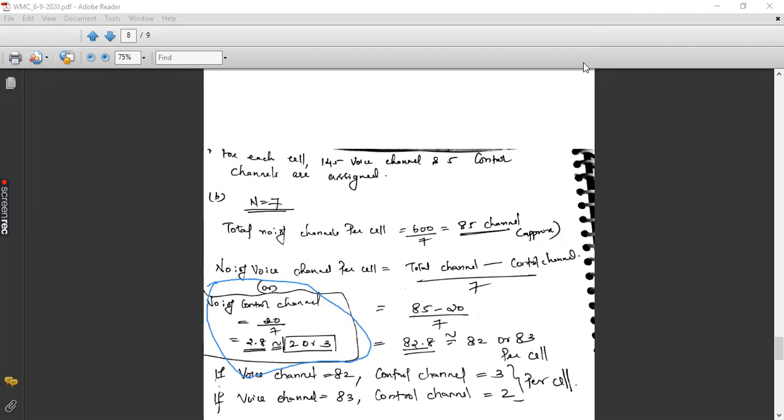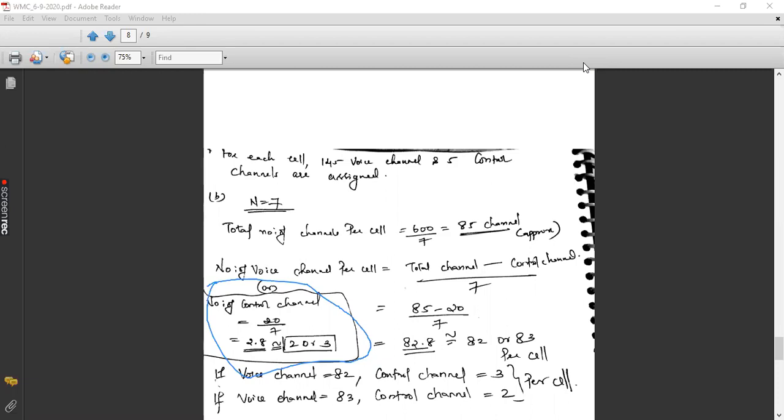How did you get the 20? Because 1 megahertz should be confined as control channel. So we calculated 1 megahertz divided by 50 kilohertz allocated for each channel. So the answer will be 20, that we got earlier. That is applicable to all the cases. So 20 channels is a must, acting as control channels.